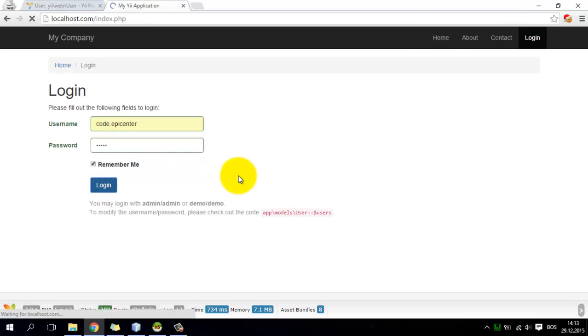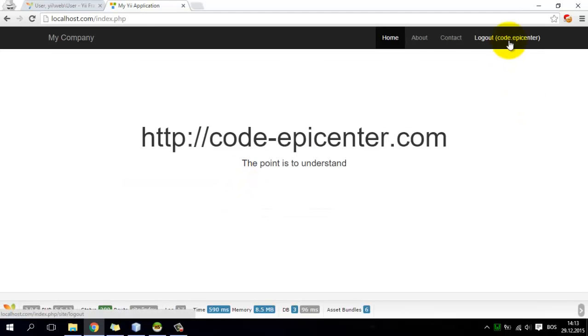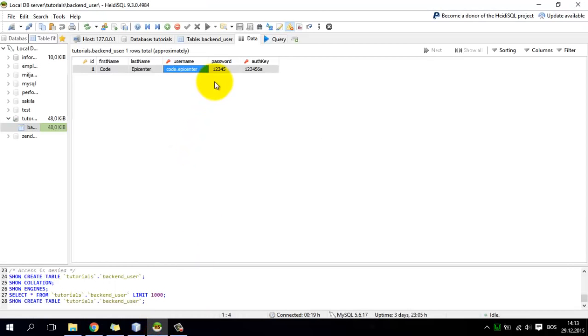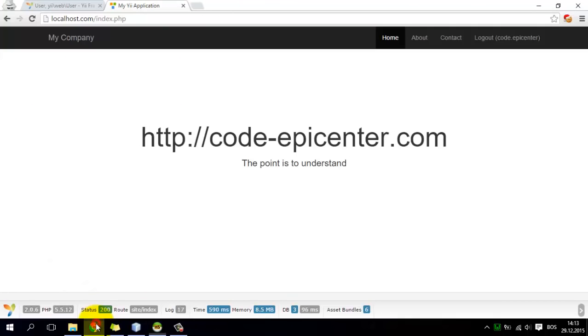Okay, and as you can see here, user is logged in. User is coming from a database and everything is now logged in. Now I'm going to explain some few fields. I've seen a lot of people having some issues with the field called authKey. So what is authKey? When you log in,